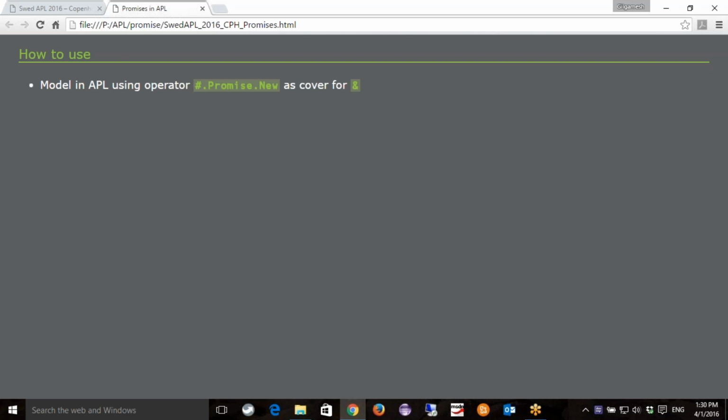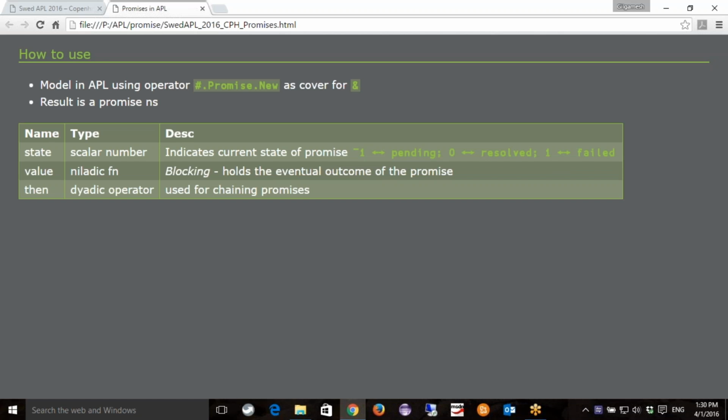I've created a model in APL which is using a new operator as a cover for the ampersand. It returns a promise namespace immediately, which has a few different names that are used. The state is a scalar number indicating the current state of the promise.